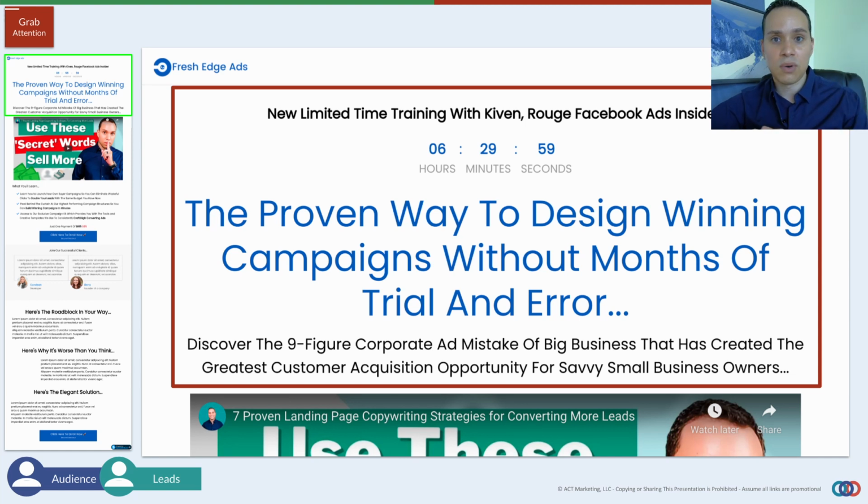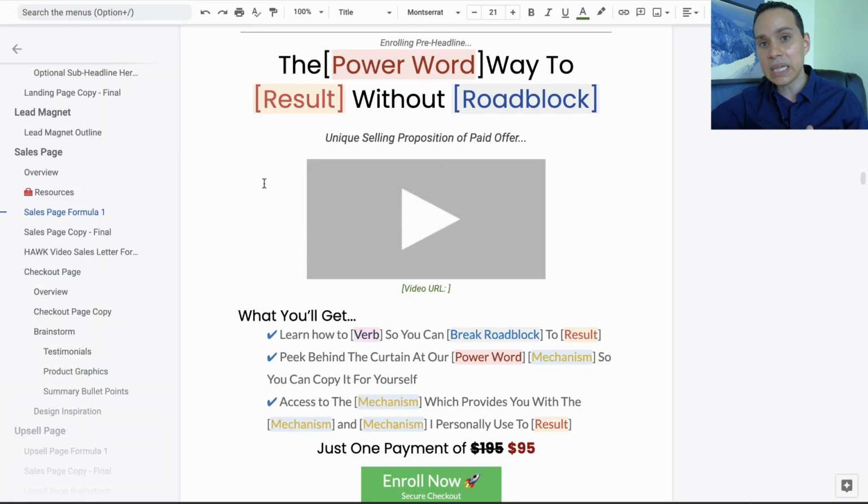So jumping into our sales funnel organizer here, I like using curiosity style headlines for our sales pages. And so here's a formula you can use for yourself. The power word, way to result without roadblock. So you want to position it as something that they may have not have seen of before or heard of